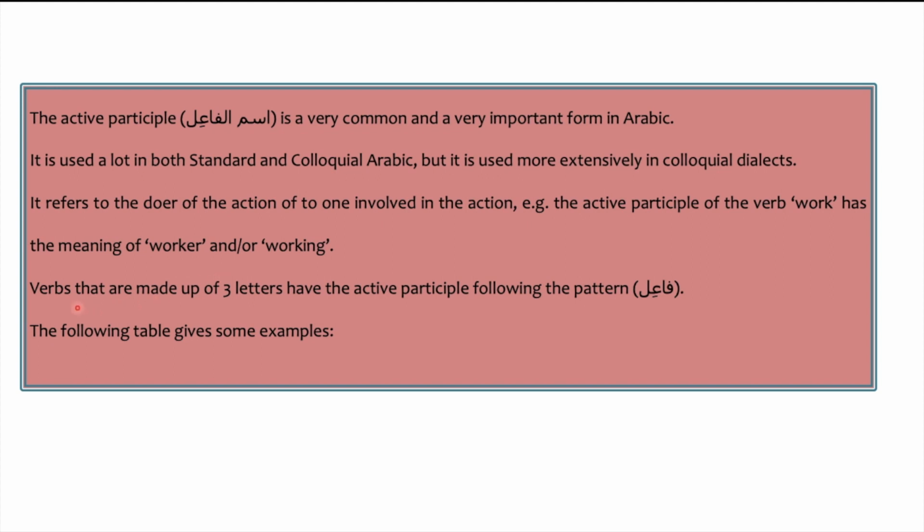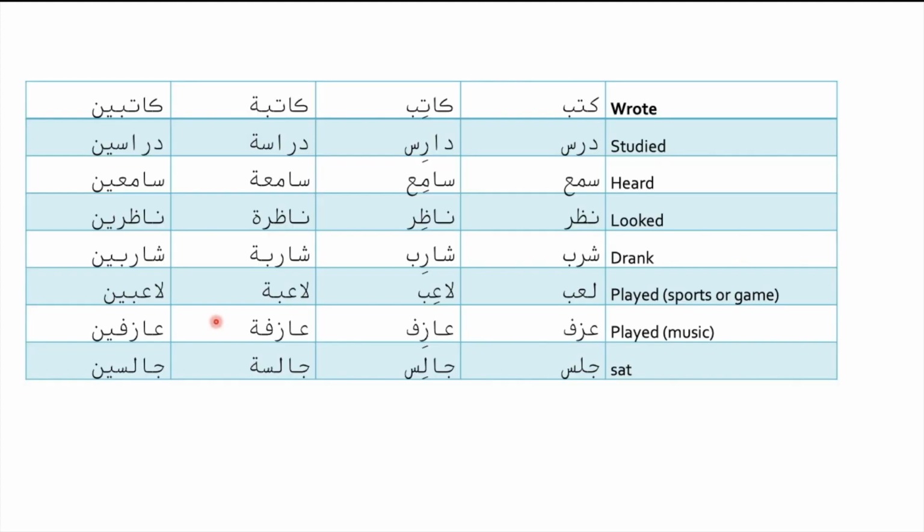And here what we look at is the verbs that are made up of 3 letters. How do we conjugate the active participle out of them? It's really simple and it's really a basic process, but let's get down to it and see how it works. Okay, so the basic structure, how do we make the active participle,